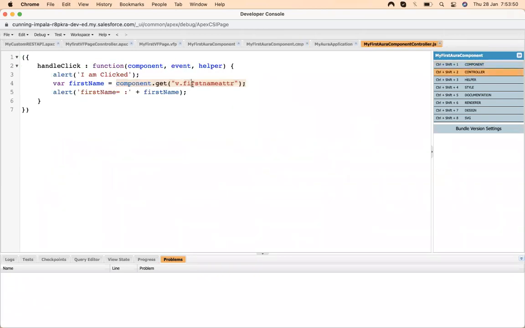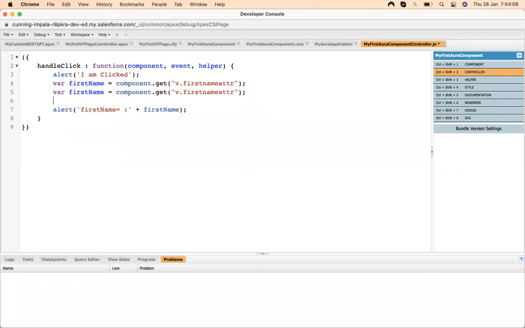Let's come up here and capture those values. So this is JavaScript syntax. I'm just storing what I get as the value from that component. I'm just storing that value in a JavaScript variable. So this is that thing.